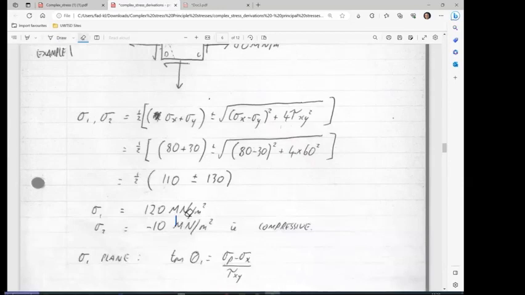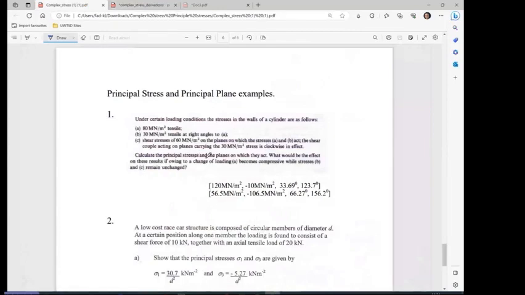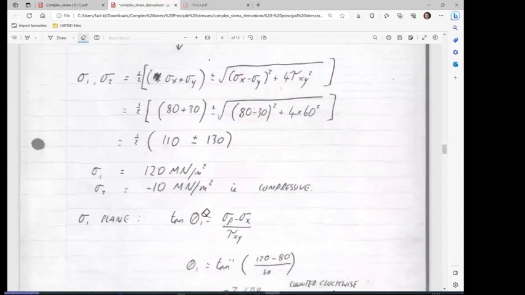Okay. The question goes on to ask, calculate the principal stresses and the planes on which they act. So in order to get the plane on which sigma 1 is a maximum, the plane of the maximum principal stress, we're going to put in principal stress 120. So we've got 120 minus 80, that was sigma x, divided by 60, tan to the minus 1 of that. So my